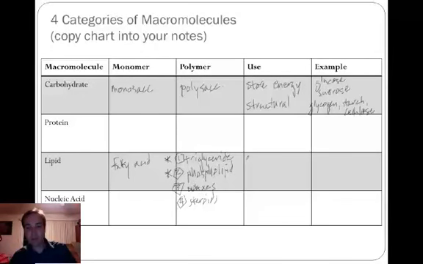Then as far as use, the big use is to store energy, just like carbohydrates. They store energy. Sorry, my handwriting's going nuts here. But they can also be used to make up the cell membrane and as a waterproofing protective layer. And then the big examples you need to know, besides the phospholipid and the triglyceride, you don't need to know specific examples of those, except that they are known as fats, oils,